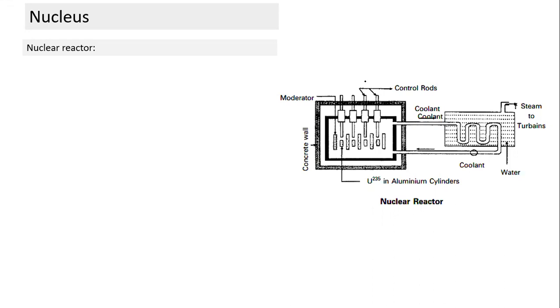So when we design, what do we need for design of a reactor? What condition is necessary for design of a reactor? Out of 2.5 neutrons which are released, 1 neutron should get absorbed. Again this will release 2.5, and out of 2.5 which are released, again only 1 should get absorbed. Then only the reaction will proceed at a steady pace and constant power will be generated. That's what the design of a nuclear reactor is.